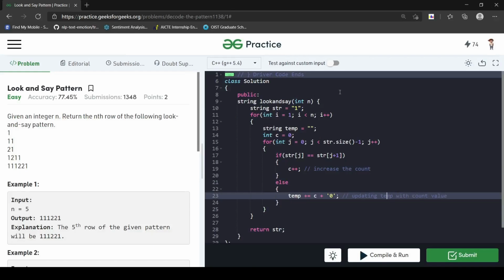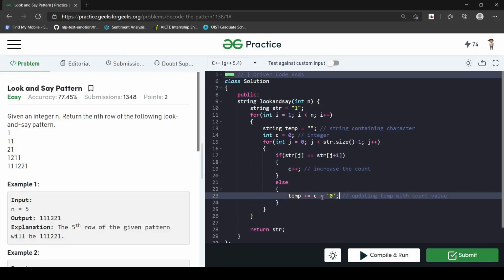And what C plus 0 is doing: since C is an integer over here, and temp is a string which contains characters, we can't add C directly to the temp variable because it is an integer value. So first we convert it into a character value, and this is the method to convert it into the character value.